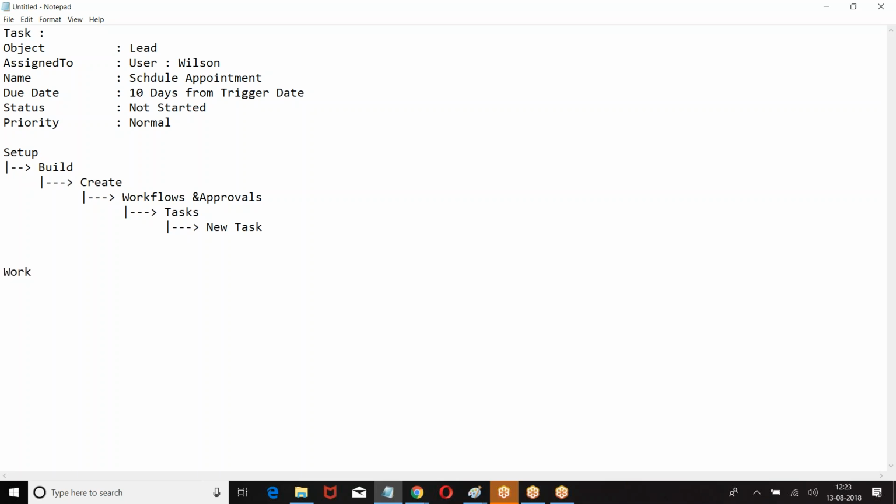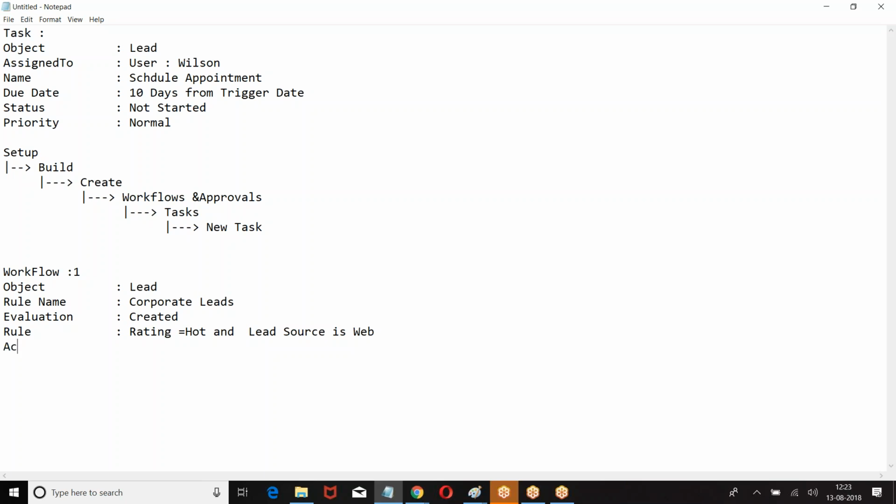Then what is the workflow rule I am giving? Object, lead, rule name. Then evaluation, created, rule, rating equal to hot and lead source equal to web. When rating is hot and lead source is web, action.